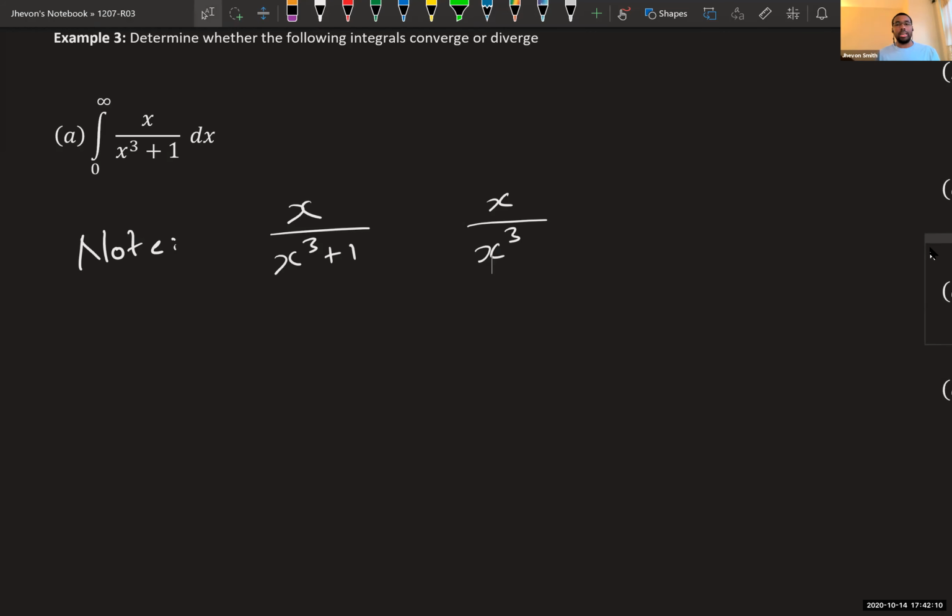At least it's an intuition that we would explore a lot more when we were covering limits. So the one on the left is actually smaller because it has the larger denominator. Now, both of these are going to be positive. Okay? And the last one is actually just 1 over x squared, which you'll notice actually looks like that 1 over x to the p. It is in fact true to say the following.